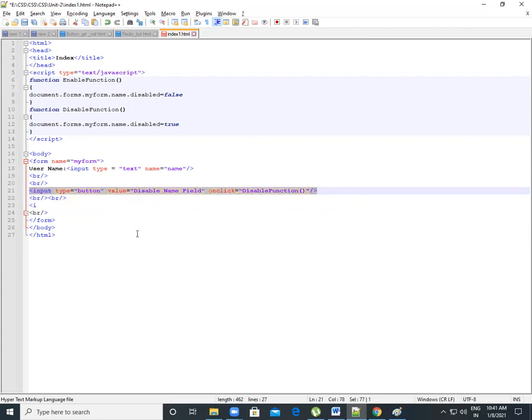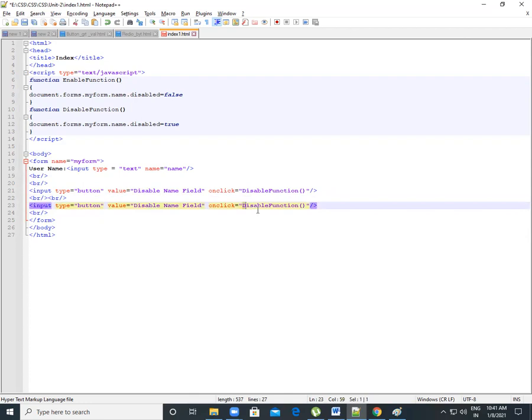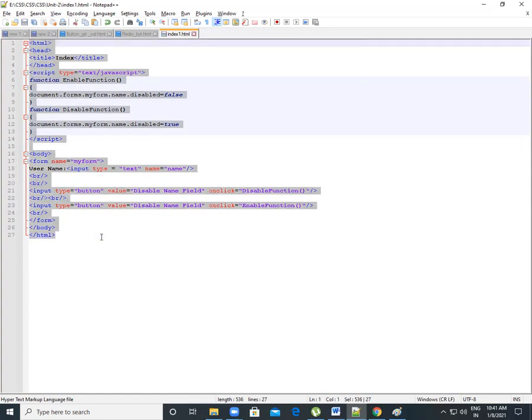This way we can do it easily. Now we just have to change our function name, because we wrote here the disable function. So we write here enable function. Okay, enable function, correct. So we already close our form. Then body, let's save this program.